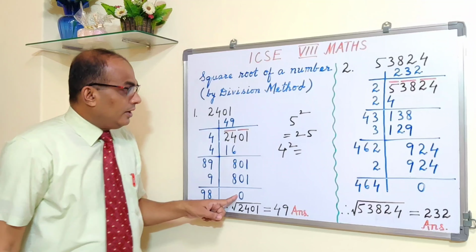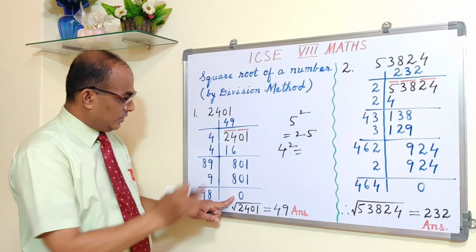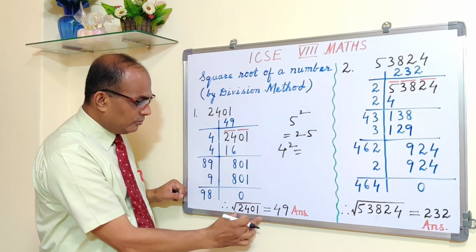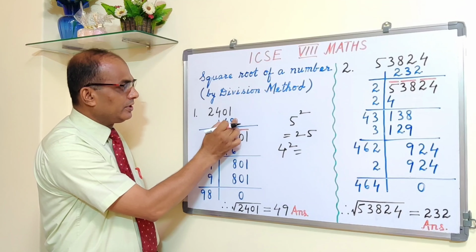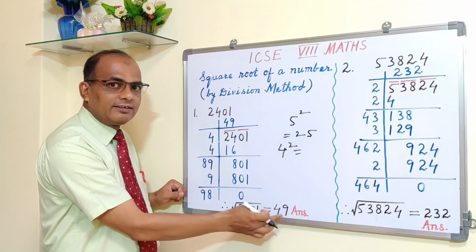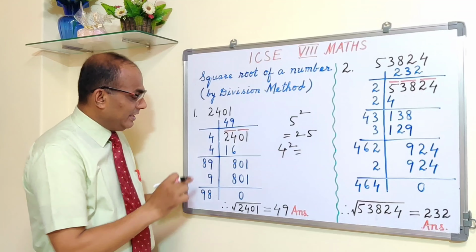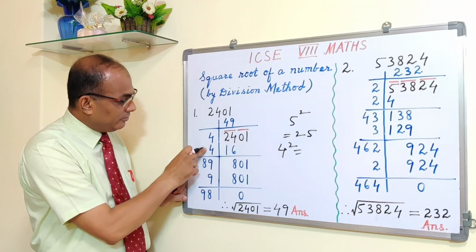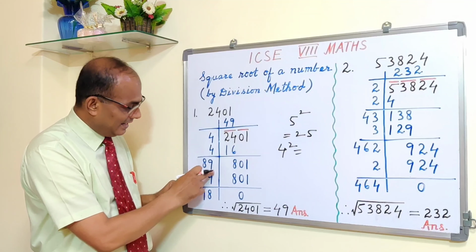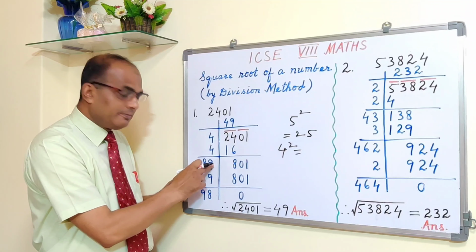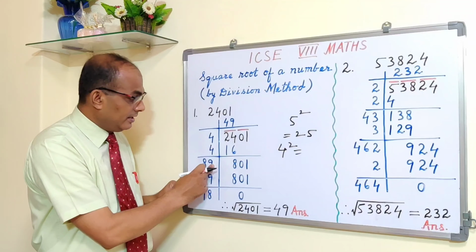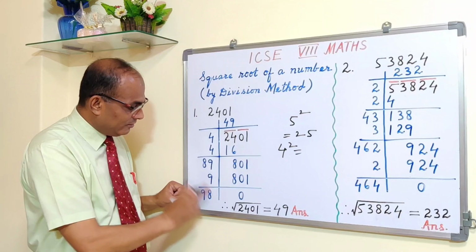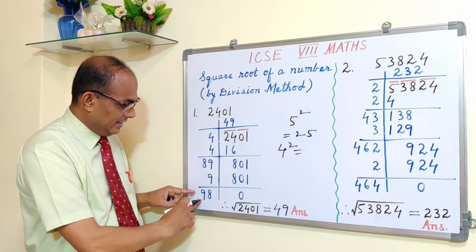Fine. So the square root of 2401 is equal to this quotient 49. 49 is the answer. Alright. Some people write this step also. Like here we added 4, so here we are adding 9. 9, the units digit, please. So when you add 9 plus 9 is 18, 8, 1, 8 plus 1, 9: 98.